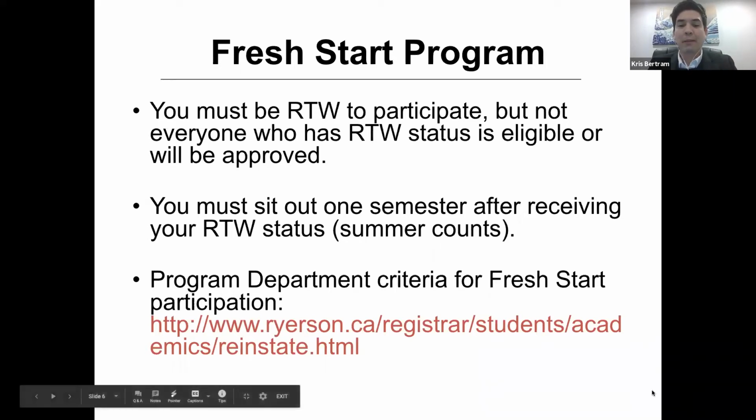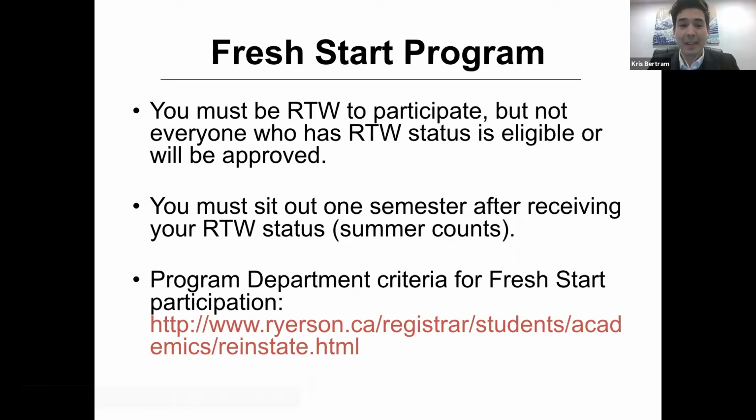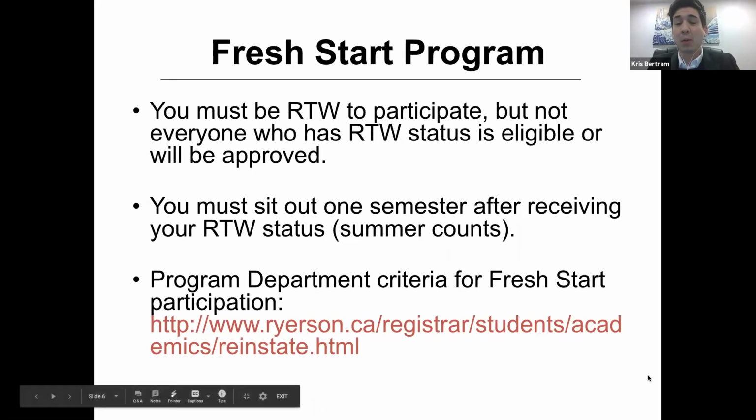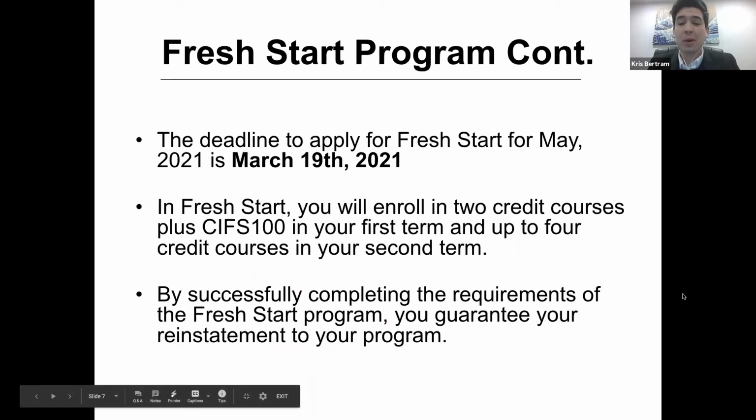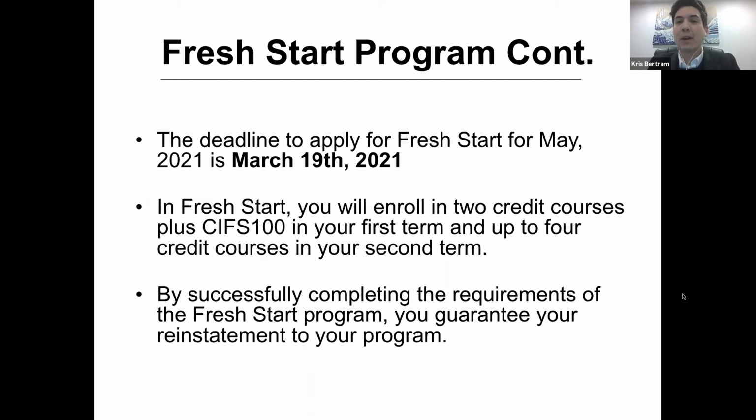The deadline to apply for Fresh Start for May 2021 is March 19th. So just to remind you, if you want to apply for Fresh Start for May 2021, the deadline is March 19th, 2021. And in Fresh Start, you enroll in the program that I run, which is the Fresh Start Strategies